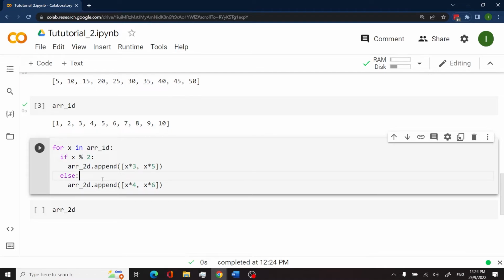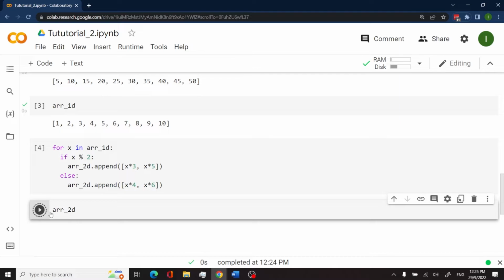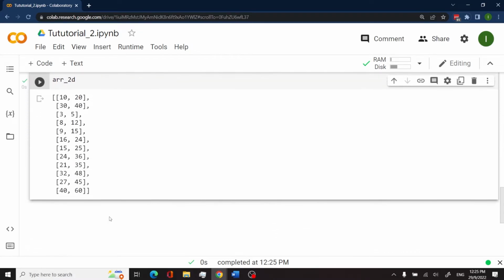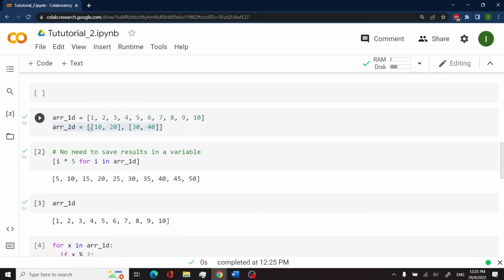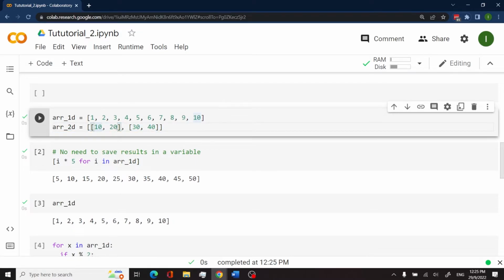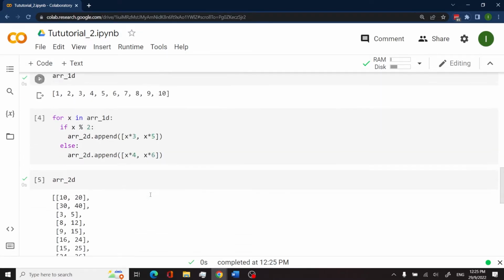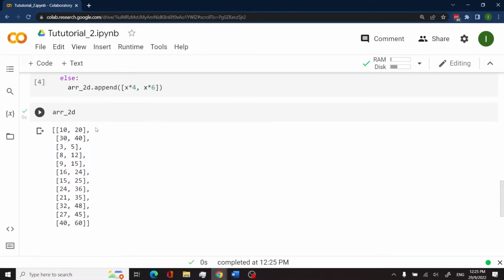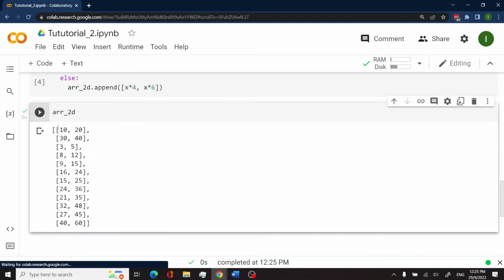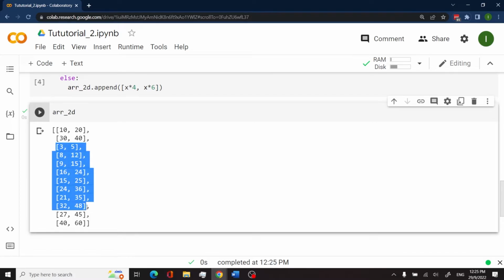Anyway, we've already run that cell. I'm not going to run it again, otherwise it's going to append more values to my 2D array, and I don't want that. We've already run it once, so let's see what our 2D array looks like. At first, we had R2D with only 2 values, 10, 20, and 30, 40. But now, when I print the contents of R2D, we have these original values, 10, 20, and then 30, 40 here. But we've also appended 10 more values, 1, 2, 3, 4, 5, 6, 7, 8, 9, 10,